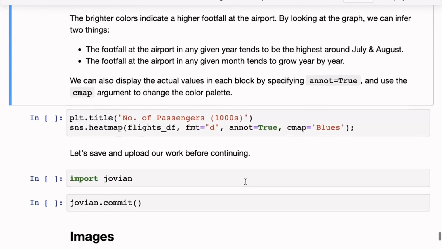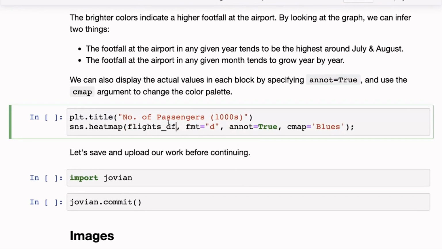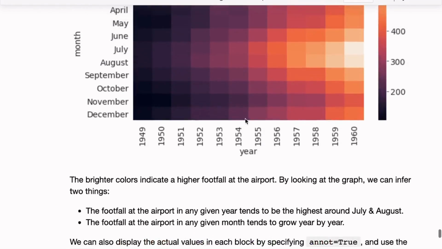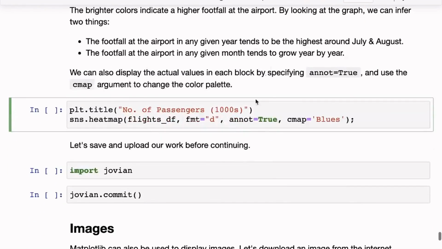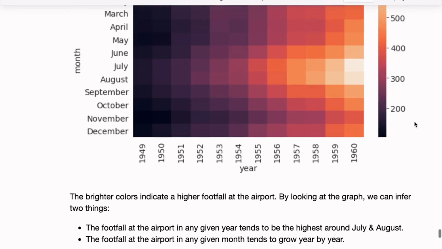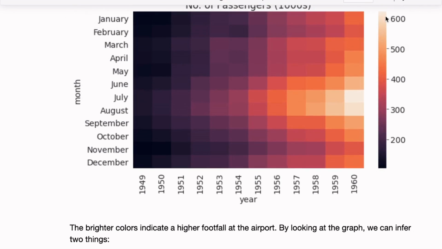Once again, we can also show the values here apart from the colors. Just use the argument annot equal to true, and that will also show the numbers. And then we have the cmap. Here it uses a color map going from very dark to very bright.